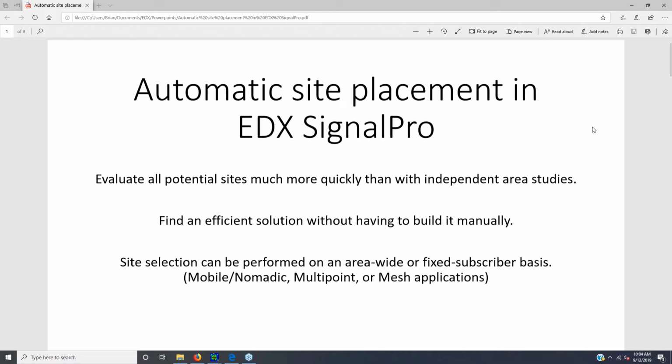Like Rory said, today I'd like to take you through our automatic site placement tools and to basically show you the commonality in how you can use this tool for finding site or gateway locations for an area-wide mobile nomadic type of network or a multi-point network. And in fact, these same rules apply to mesh networks as well, and the tools you have available are very